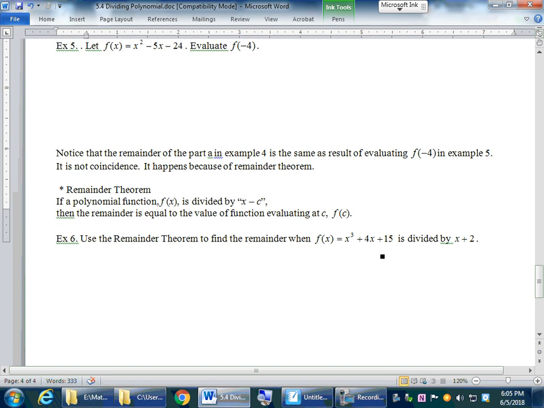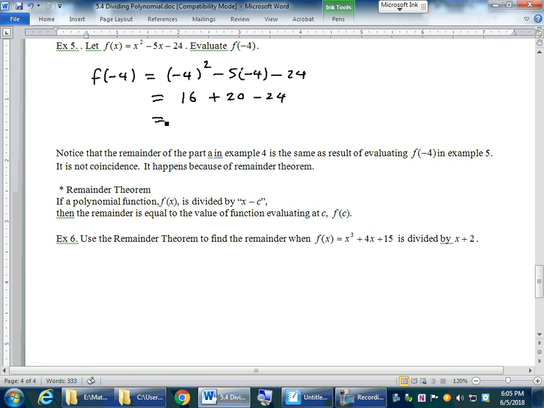So example number 5 asks us to evaluate f of negative 4. That will be negative 4 squared minus 5 times negative 4 minus 24, which we already did earlier, so that's why I'm doing it very fast. So which will be equal to 12. And what I want to make a point of is this remainder theorem. The remainder theorem allows us to get this value a lot faster, which is basically using your input